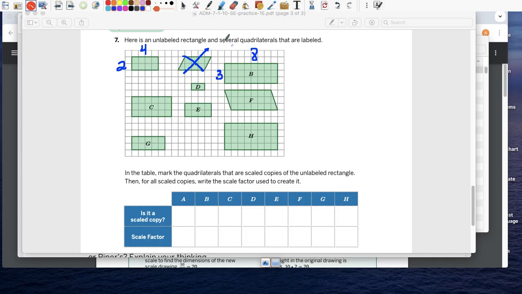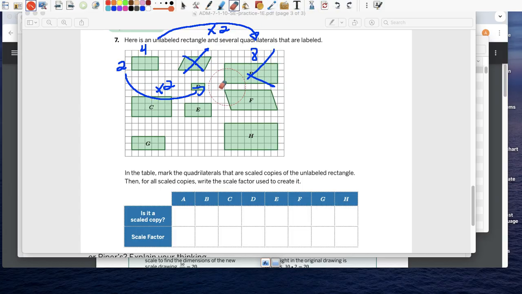Now let's think about it. How did a 4 become 8? Times 2. So if 2 times 2 is 3, then this is a scale copy, right? Because we're using the scale factor for all the lengths, all the sides. So you have to multiply everything by 2. Well, 4 times 2 is 8, check. 2 times 2 is not 3. Then obviously this is not a scale